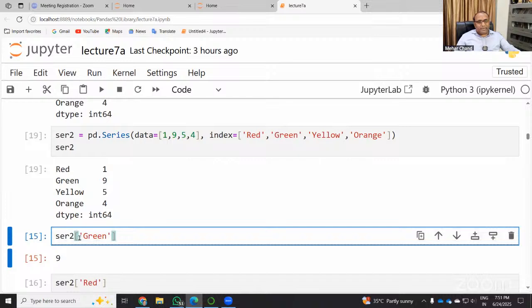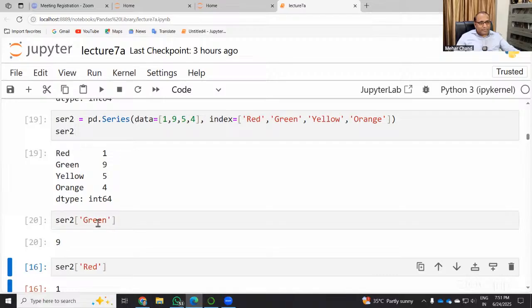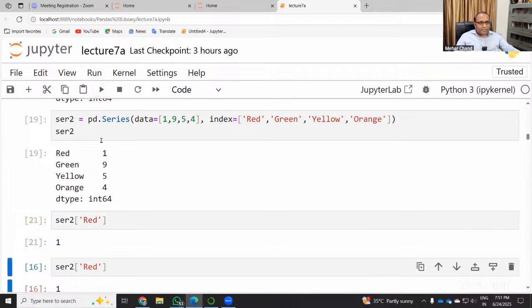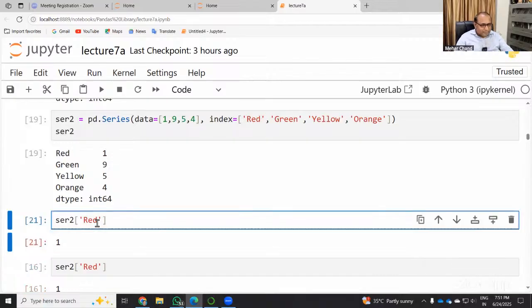Okay, so here this is series 2, and these brackets will be used, and inside we have a string because the color names are there. In series 2 we have these colors, and we can use any color name. So when you use green here and execute, you can see the value of green is 9. If you use red, you can see the value of red is 1. If you use orange,